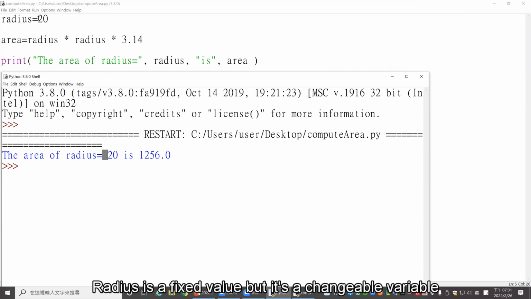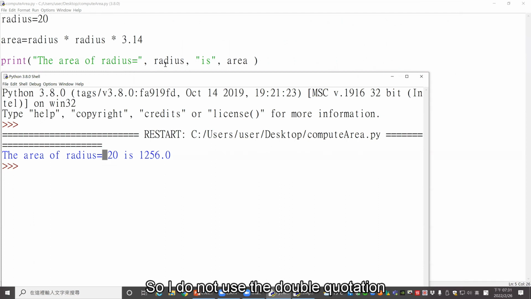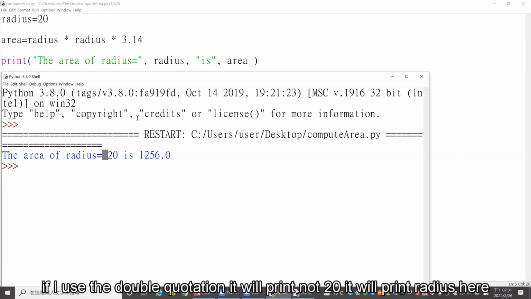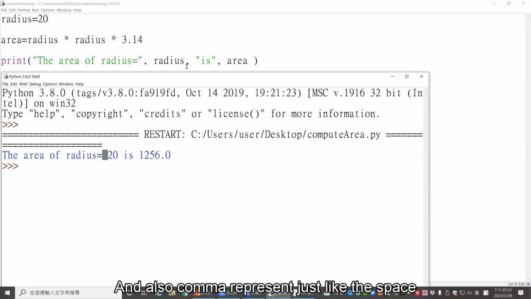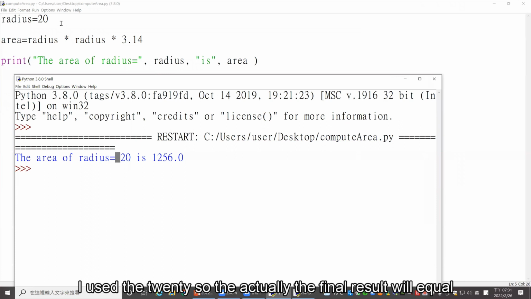Radius is a fixed value, but it's a changeable variable, so I do not use the double quotation. If I use the double quotation, it will not print 20, it will print radius here. And also, the comma represents just like a space. The string is fixed, and then the result. And we can see, because I use the 20, the final result will equal